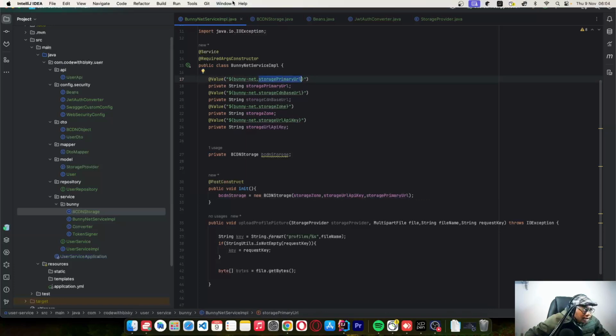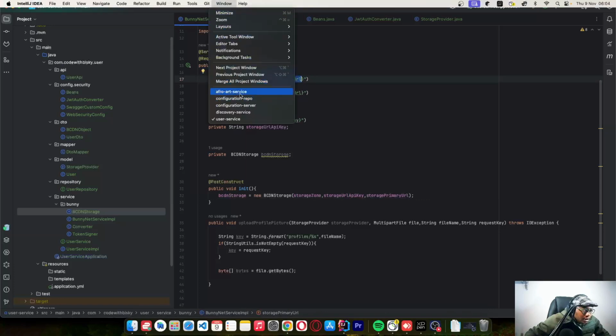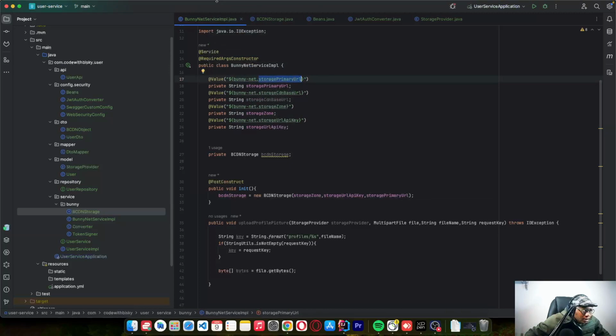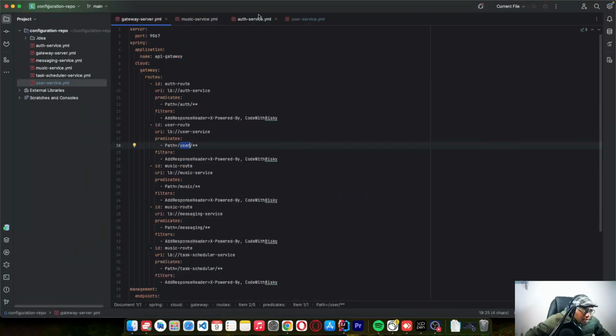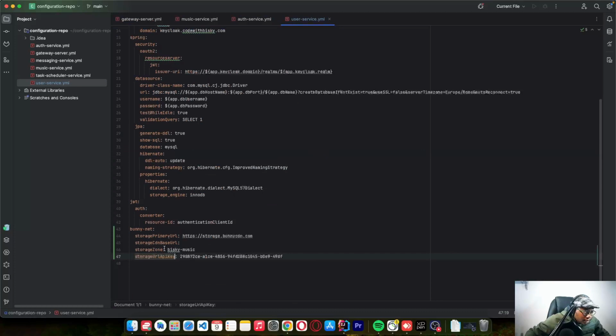This primary URL, which is going to be, if you go to configuration repo, auth user, this is going to be the primary URL, this one. So we need this detail, and this one,